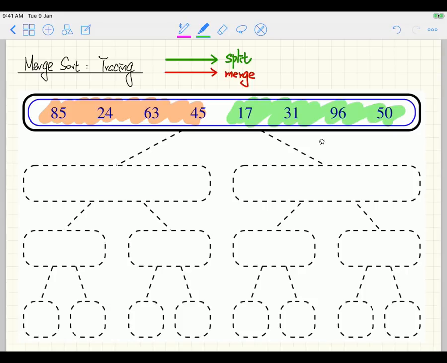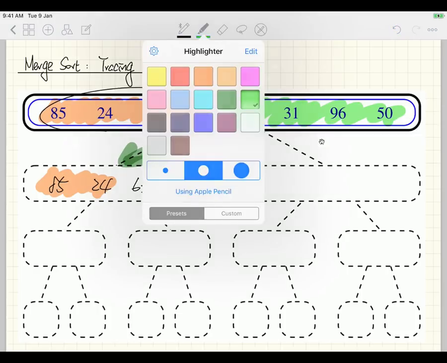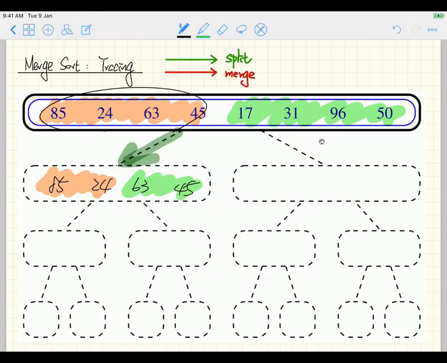So what we're going to do is, first of all, split. We're going to split that into 85, 24, 63, and 45, right? Exactly this list. No sorting just yet. And then recursively, we are going to sort this part, split this part here, right? And also, this will be the second part, right? So that will give us basically